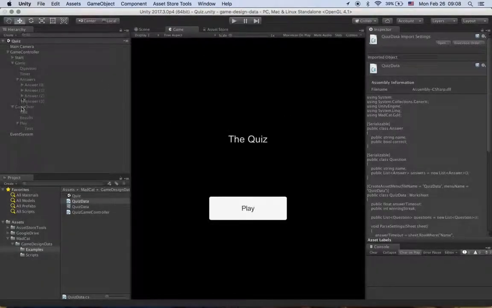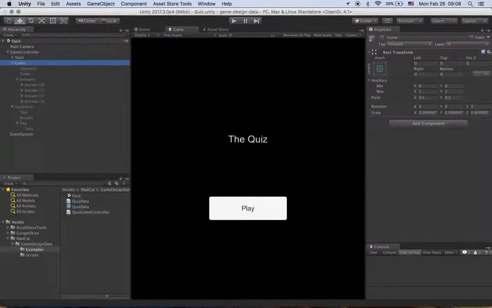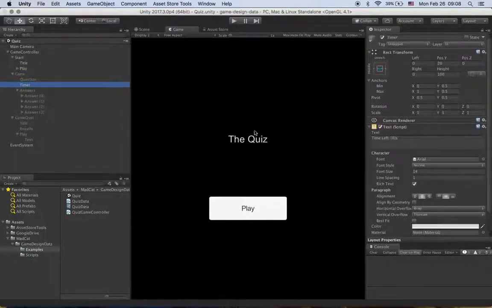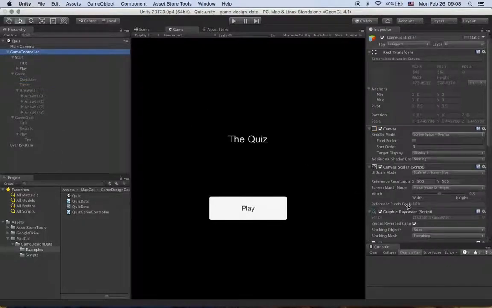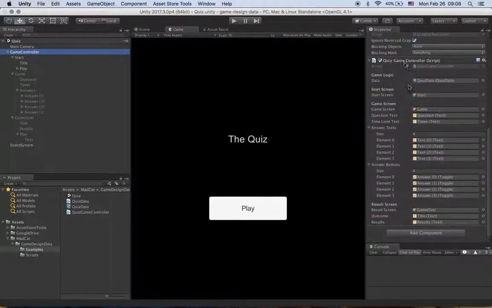From scene perspective it looks quite straightforward. Start screen with a couple of UI buttons, then game screen with possible answers, time limit text, and placeholder for question. So that's as a scene, and in the root of the scene there is a quiz game controller which actually